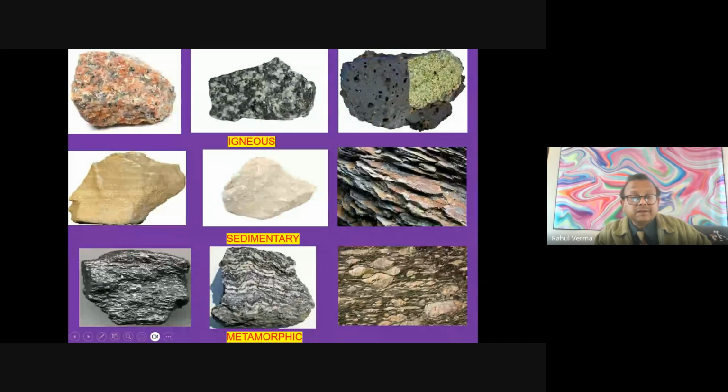So here we are getting schist. They are all oriented in the same direction. They represent some pressure and temperature under a guided direction. And this is called gneiss. You can see alternate colored bands.